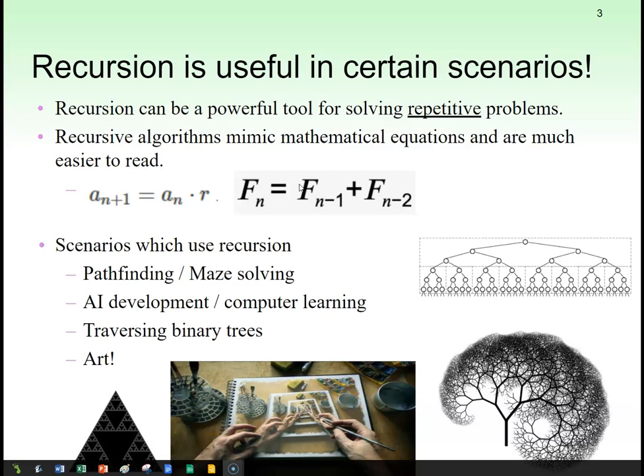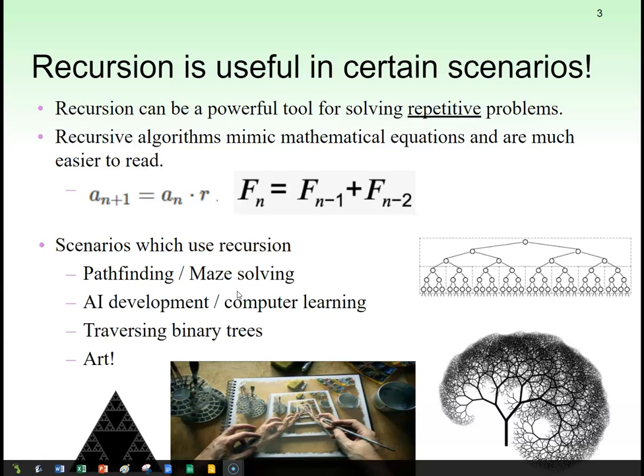So, for example, on the side here, we have a binary tree, many different outcomes dependent upon the decision that you make. Recursion is particularly useful in finding certain outcomes quickly, where an iterative solution would have to take into account all the different logic that would be needed to find that end node with the decision that we'd like. Those nodes can kind of be thought of in terms of pathfinding or maze solving,